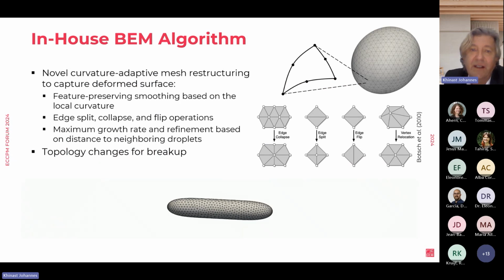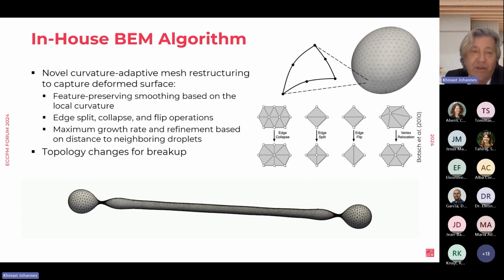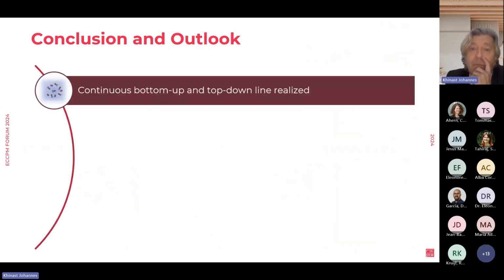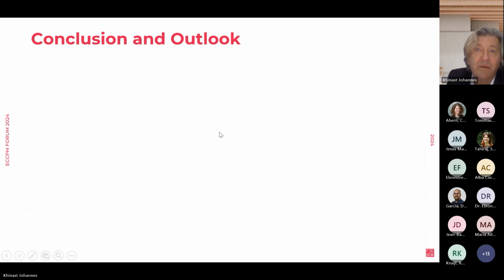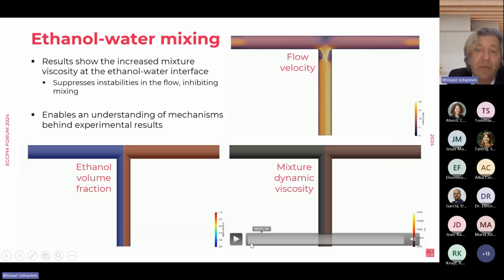You can see here the very complicated process of breakup of a droplet. You can model this now. We can also model, let me just show you, just ethanol, water. Okay, sorry, and apparently you can see here, we can model all this now. Let's see if you can see this,